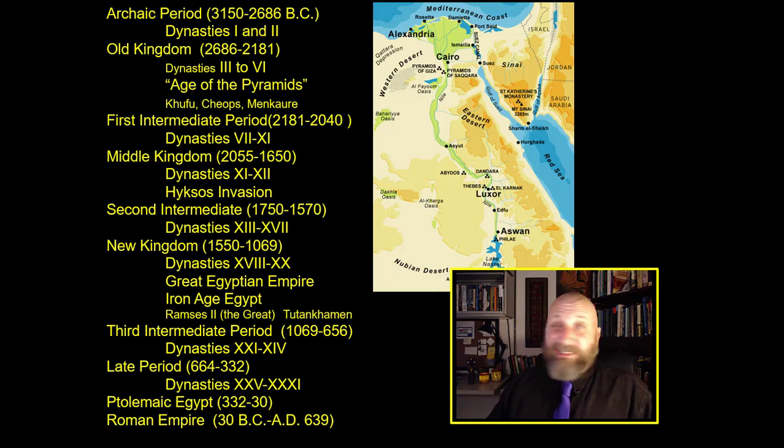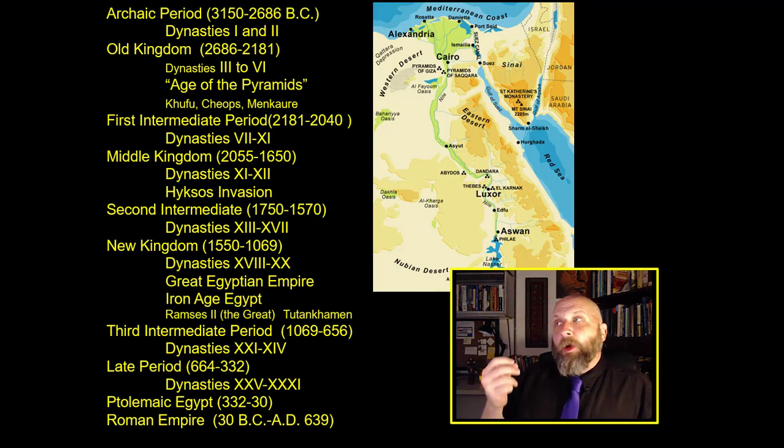New Kingdom Egypt was not interested in pyramids at all, but rather the New Kingdom pharaohs wanted to be buried in these underground necropolises. And this is where you get things like the Valley of the Kings, the Valley of the Queens. The most famous pharaoh from the New Kingdom is probably Tutankhamun himself, King Tut, the boy king who died young and whose tomb was undiscovered up until the 1920s.